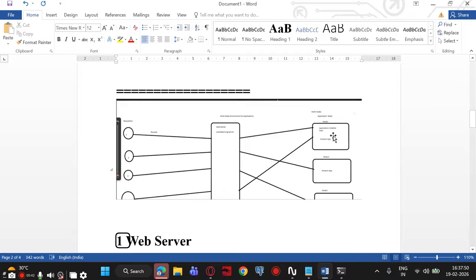Whenever users are trying to log in, they will not all go into one server. So first the requester will send a request and the request will go to the web server. The web server is intelligent enough and it will convert the request into